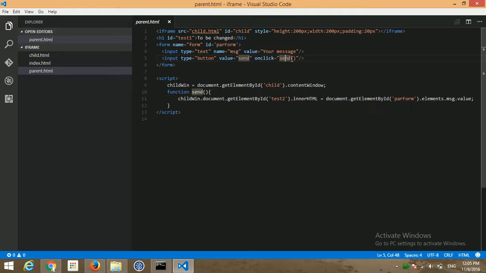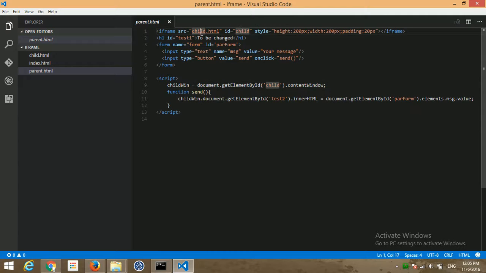This send function sends the data to the internal child.html page. Here I am getting the child window. So how to get the child window? I am using document.getElementById with the id child, which I provided here.